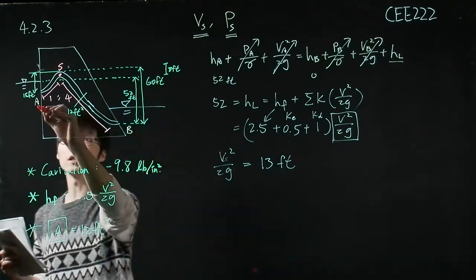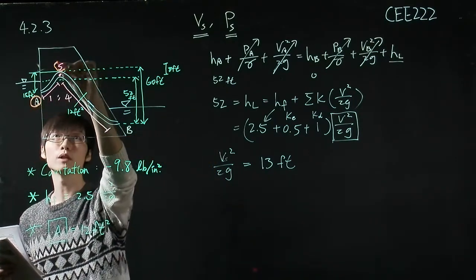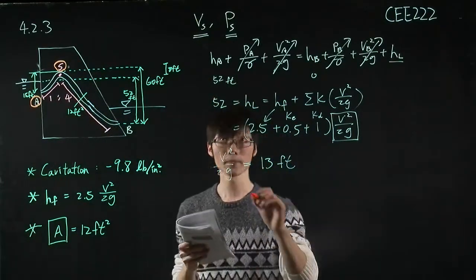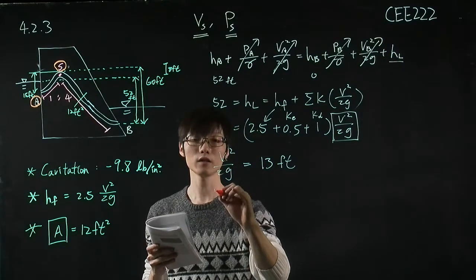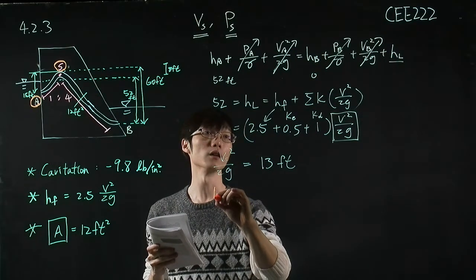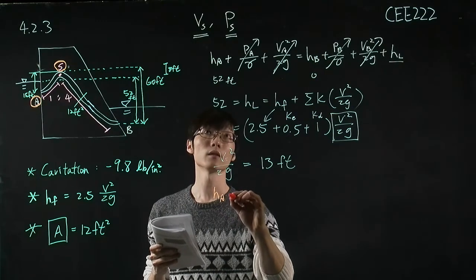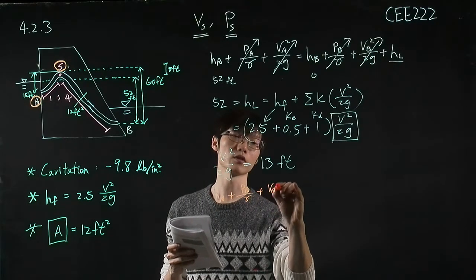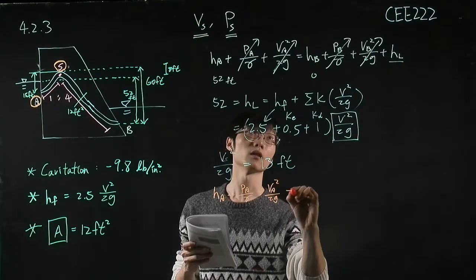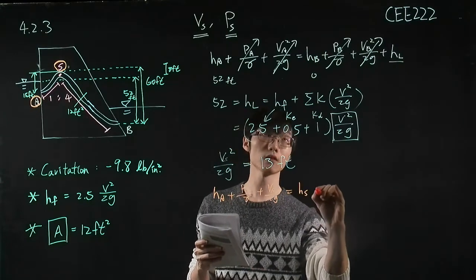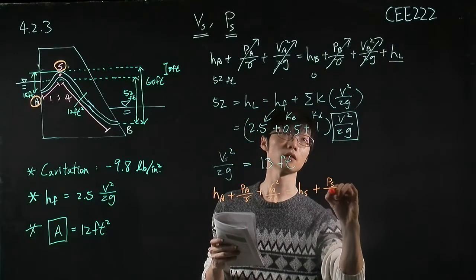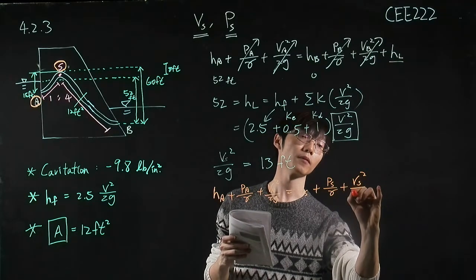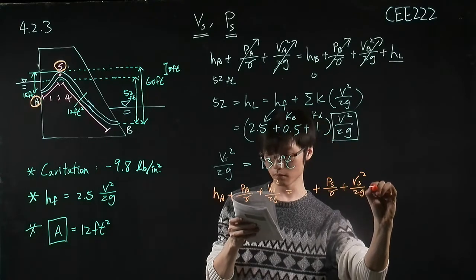We use this point A and this summit point and use the energy equation to solve it. Okay, so let me just squeeze it down here. HA plus PA divided by, let me just quickly write down this, equal to HS plus PS plus VS squared over 2G plus